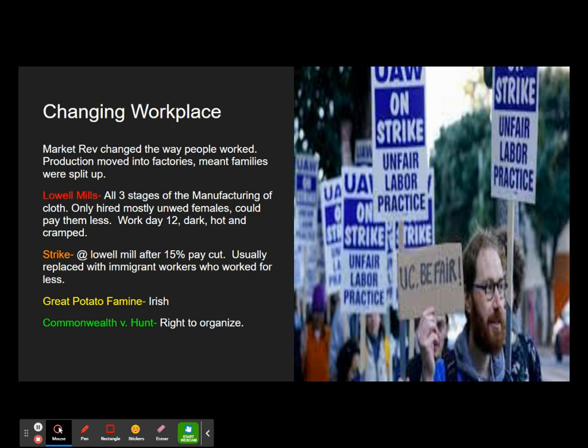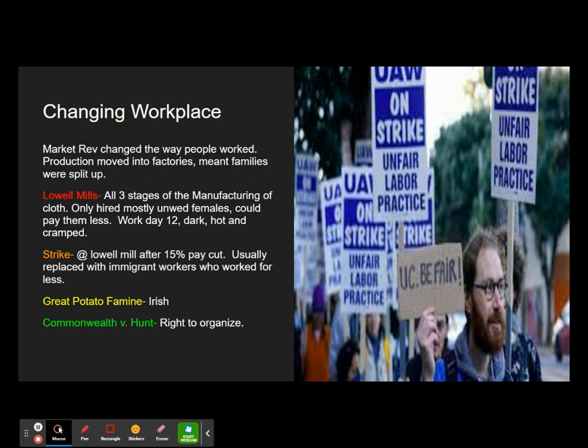There are other changes that are happening in the workplace. So this market revolution changed the way we're buying goods, right? People now can go to work. Production is moved out of the home, right, into factories. So you're going to split the modern family up. Maybe your family farm is failing, and if you and your husband or your wife have a kid, they may have to go work in the factories and send their money back home, but they're going to be living in the factories. Like those wool mills we talked about in Massachusetts.